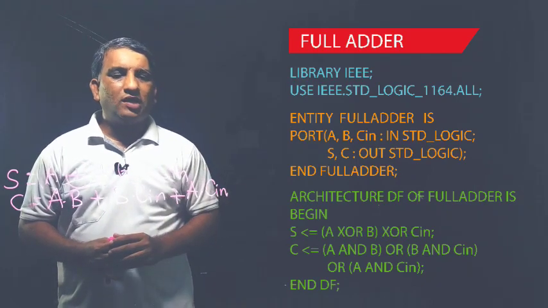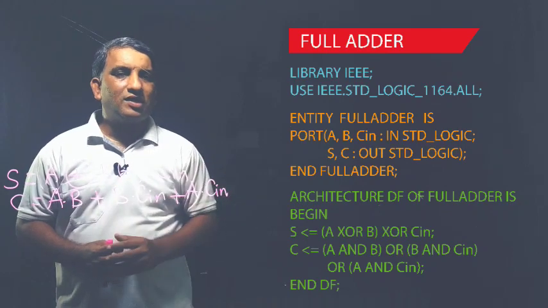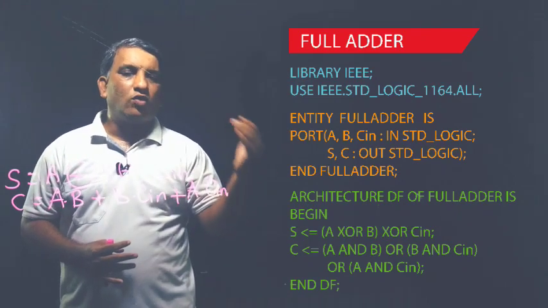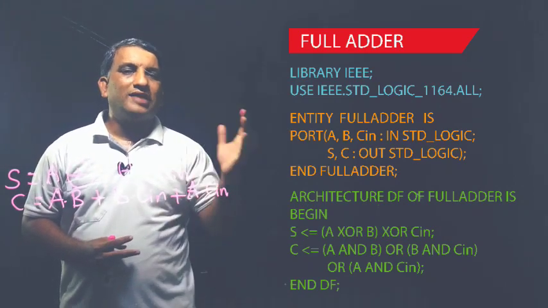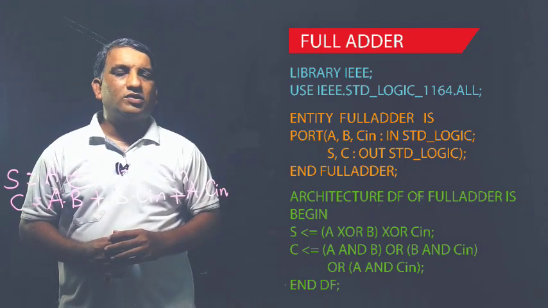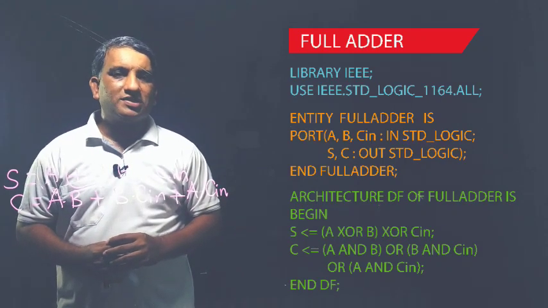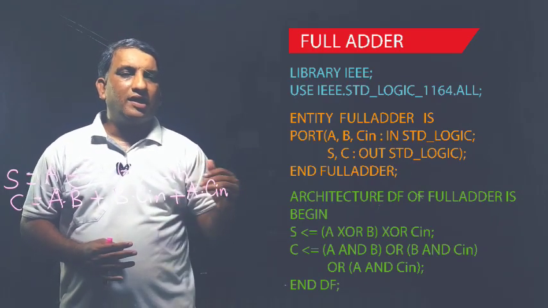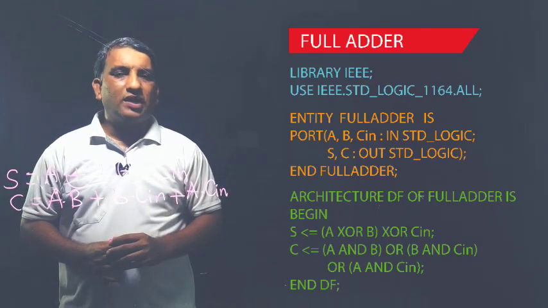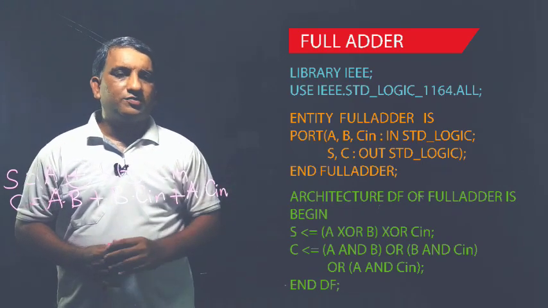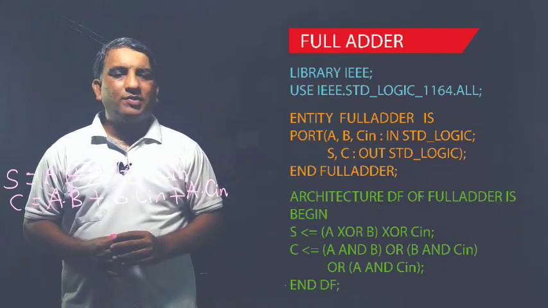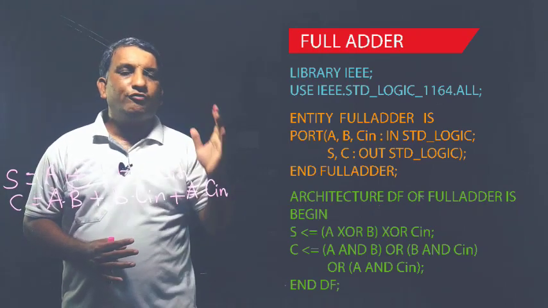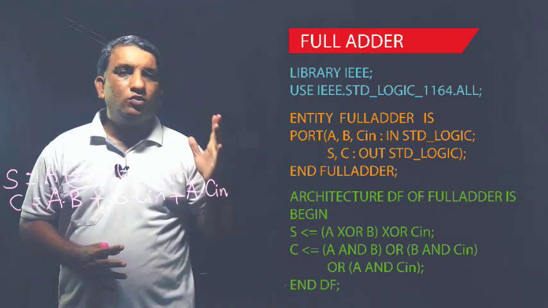In this way we have written the statements for both these output equations. Again here assignment operator दिया हुआ है, S is assigned with और C is assigned with. Right hand side में जो expressions दिया हुआ है logical expressions, that will be evaluated first, and whatever the output from that logical equation, that value will be assigned to the variable or the signal which is present to the left hand side of this assignment operator. So finally I will write down end keyword and end, and after that I will put the name of the architecture. The name of the architecture is here DF. So end DF, and I will put the semicolon. In this way you can write down the VHDL program for the full adder.